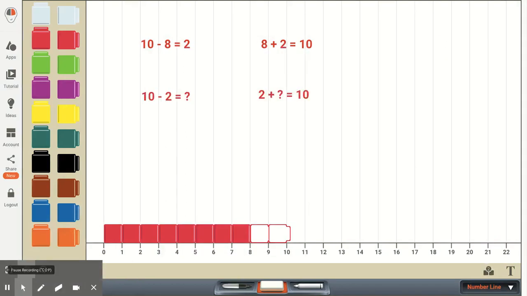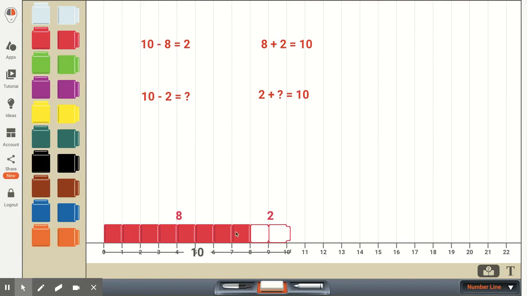Using the same numbers but switching them around, I'm now showing the subtraction problem of 10 minus 2 equals some number. So 10 take away 2, or 2 from 10, equals some unknown. So we're starting with 10. We're taking away, or subtracting, 2. And when I do that,